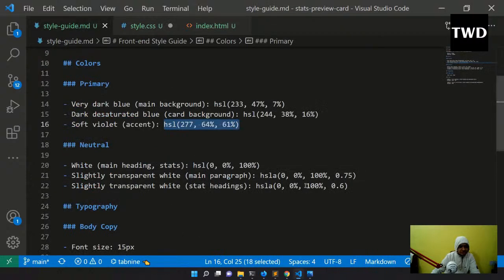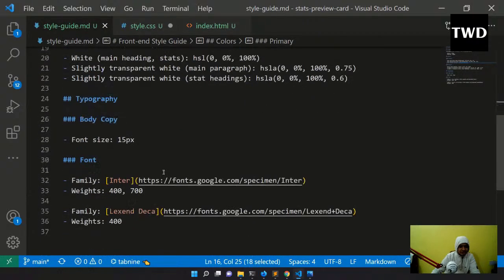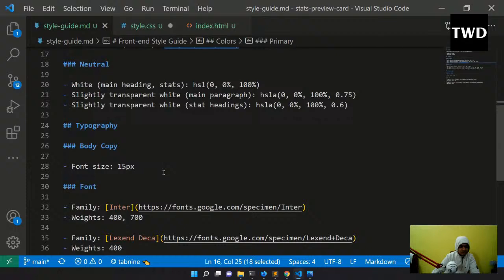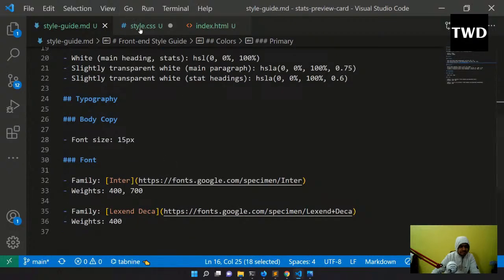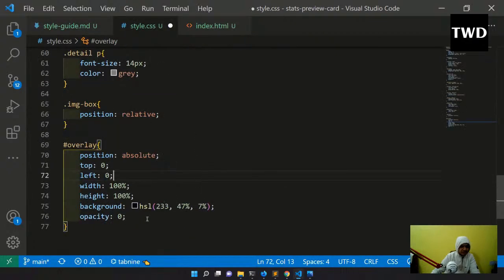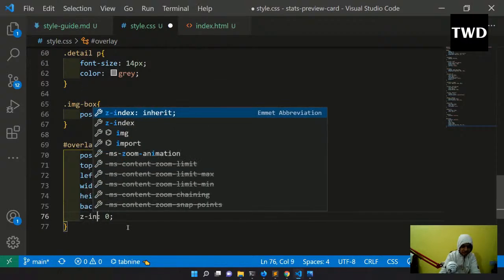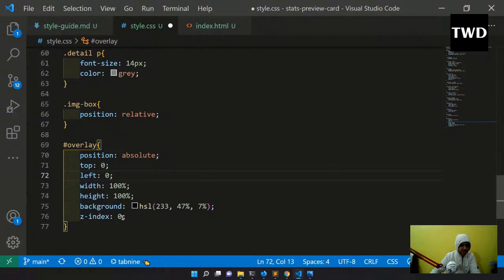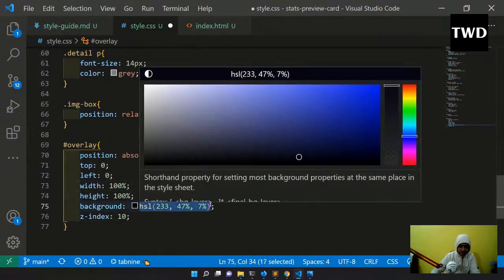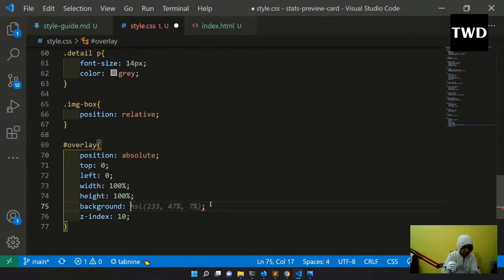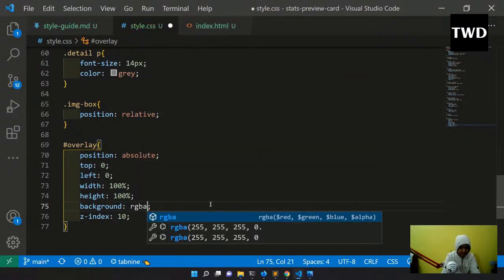So let me see whether some color is there or not. No, the color is not there actually. They have not given us the opacity, like what opacity we need to use. It's better that we give a z-index of more, so let me give 10. And for the background we need an RGBA of